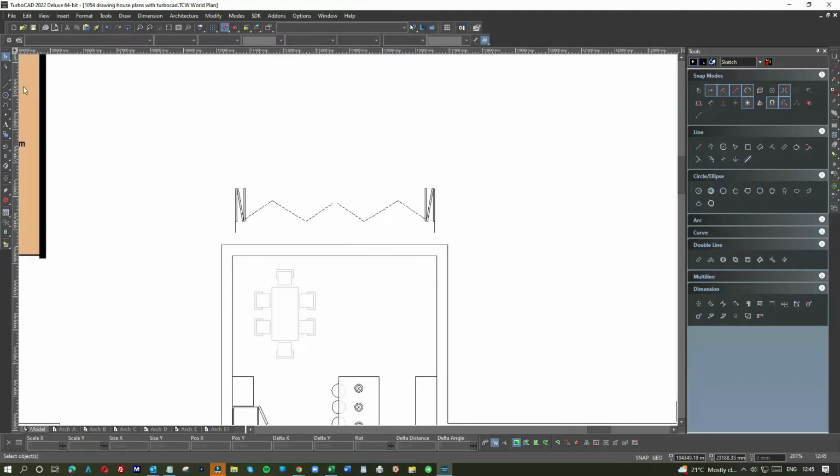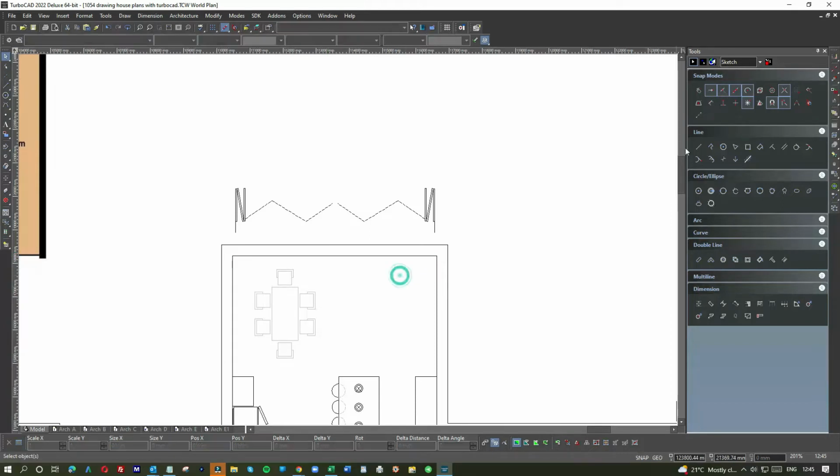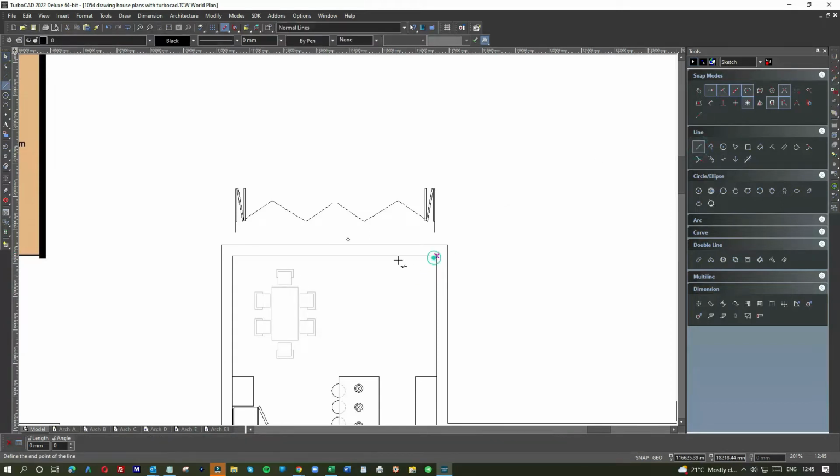So let's just see how we're going to do this. So let's see what the length is first. So it's always nice to have a little return, because then it's going to be cheaper to build. So what I'm going to do is come in 500, tab 500, and tab 500,